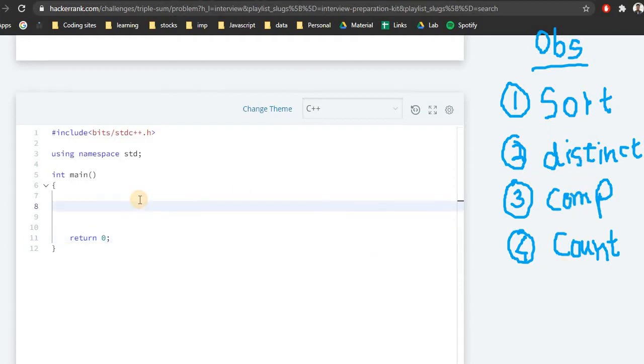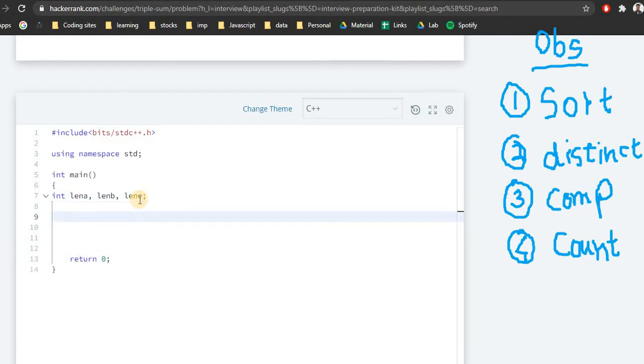Before doing that, we need to take the input into our array. So let's start. We'll take len A, len B, len C, following the basic nomenclature given by them, and for all these values we would be taking input. For our arrays we will be using vector. Let me take a long variable as input, and we need to declare the vectors. So the vectors will be of type long, and let me have A, B, C as 3 arrays.